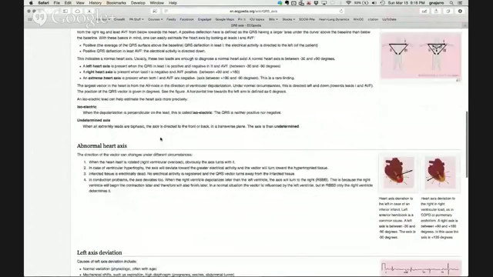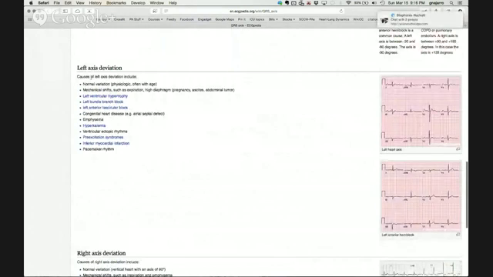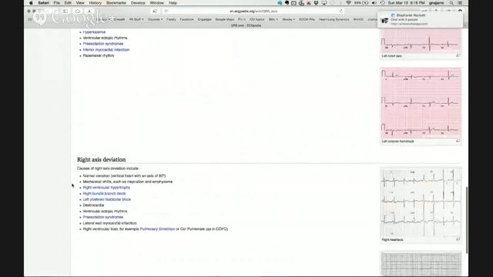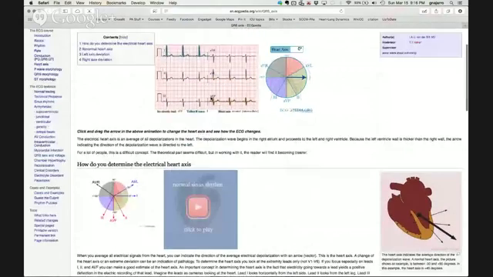But mainly I want you to focus on the differentials for left axis deviation that you see here and the ones for right axis deviation that you see here. You see dextrocardia is also on here, and that's okay. Sorry, one second. All right, so let's go to this